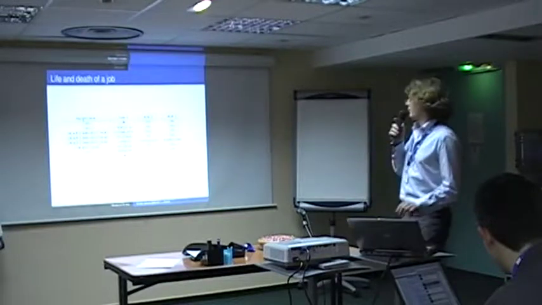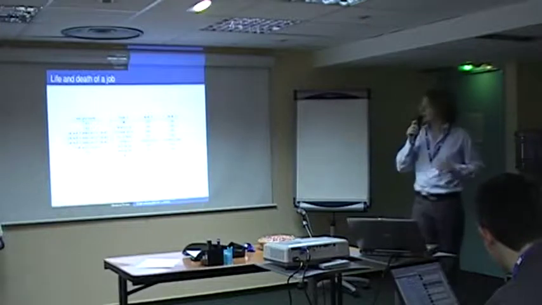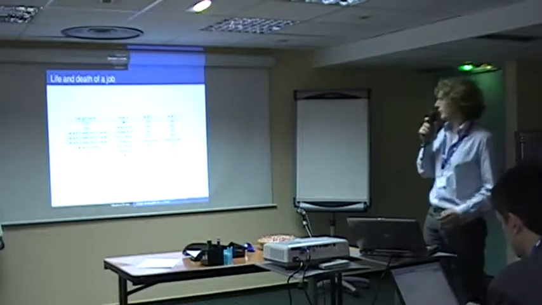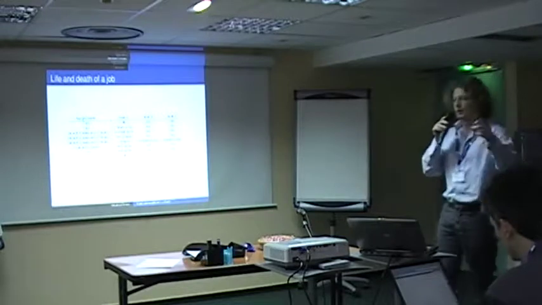This is the life and death of a job, a very simple job. As you can see, the node starts the job. It computes alone. It does pre-processing or whatever. And then it decides to forward 2 tasks, connect to the server, hello, I want that, that, and that done